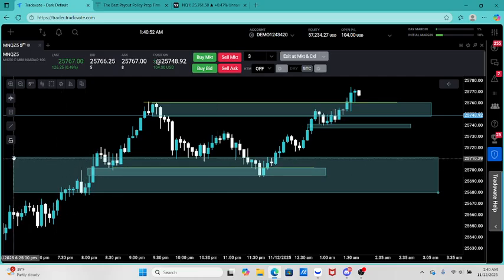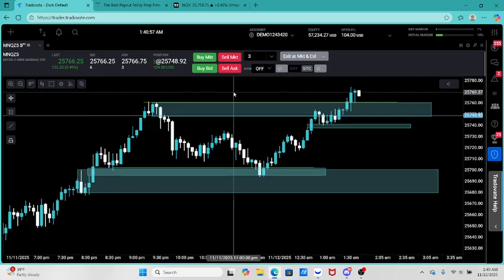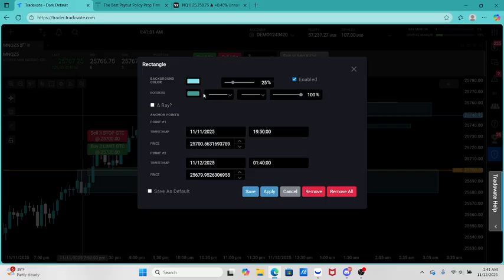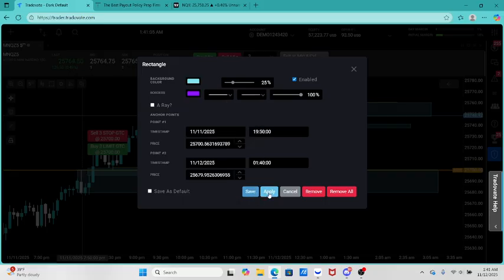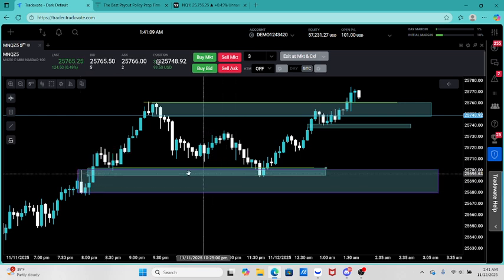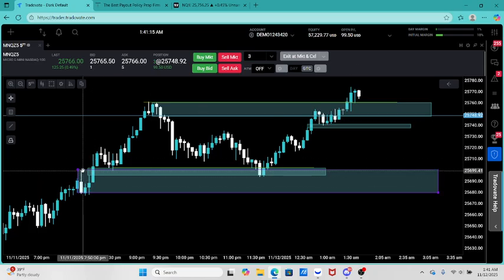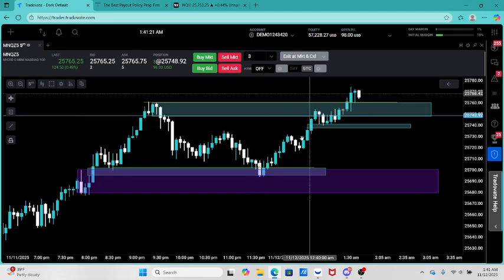Also, on top of that, I'm gonna start making my order blocks purple. Oh wait, I need to change. I just changed the outline. I need to change the whole thing. Okay, so